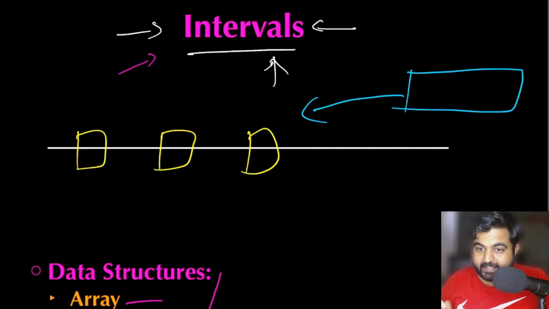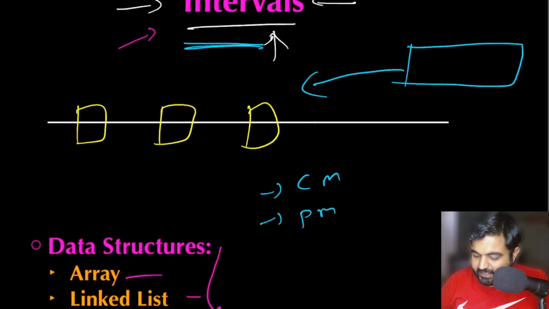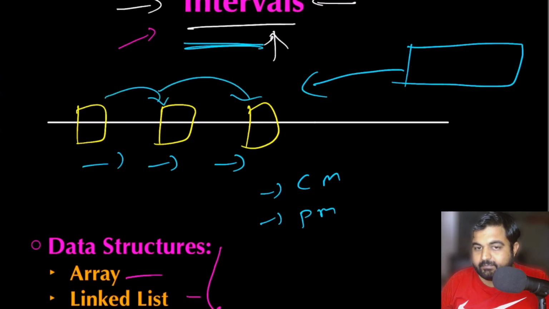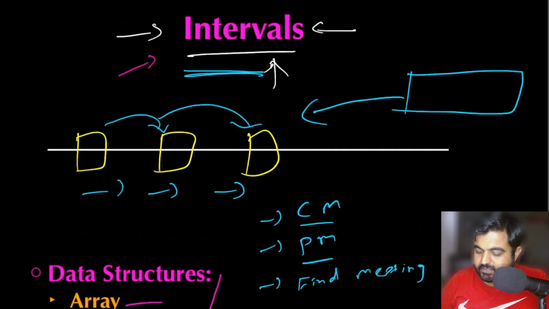If we look at practical applications for interval problems, as I mentioned, there are use cases such as calendar management, or project management where everything needs to be done in a sequential manner and there is a dependency between one item and the next. So one has to be done in order to complete the second one. Even in project management or calendar management, or finding a room or a meeting slot, these kinds of questions typically use intervals, and today we are going to go through every single one